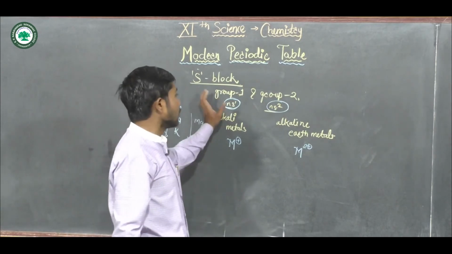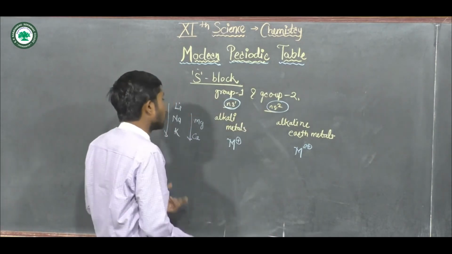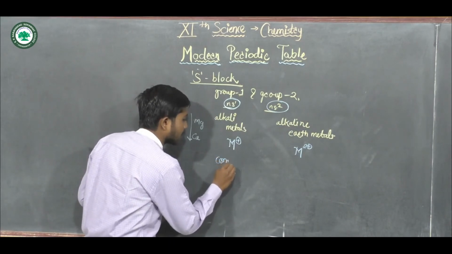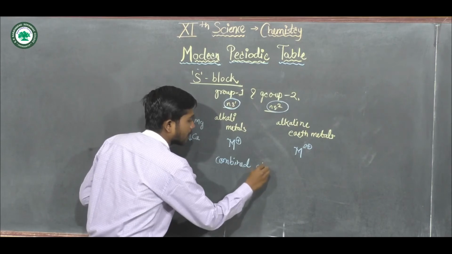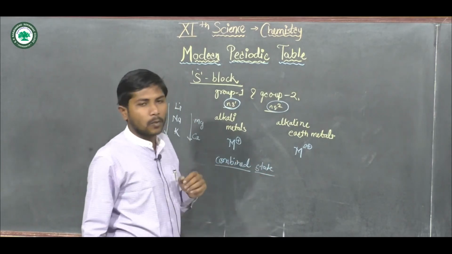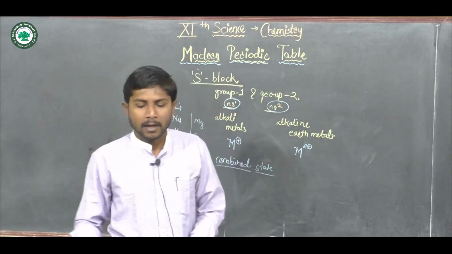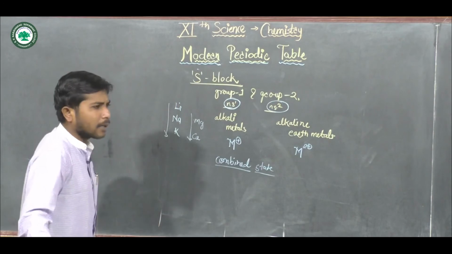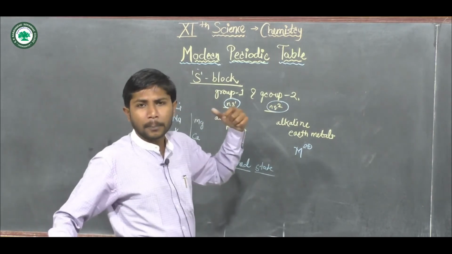Again, all these alkali metals and alkaline earth metals are found in nature in a combined state, as they are highly reactive. That's why they are not found in a free state. Okay. Now, after the s-block elements, whose position is at the extreme left in the periodic table,